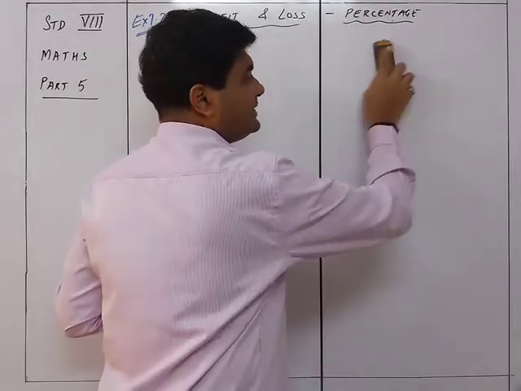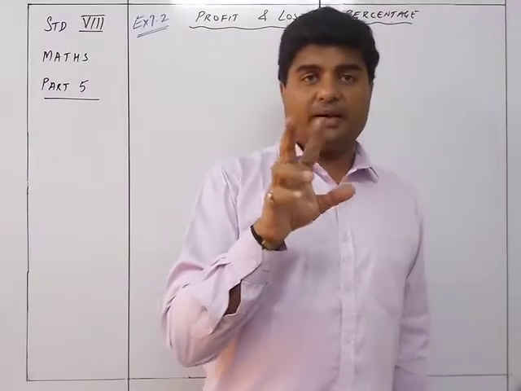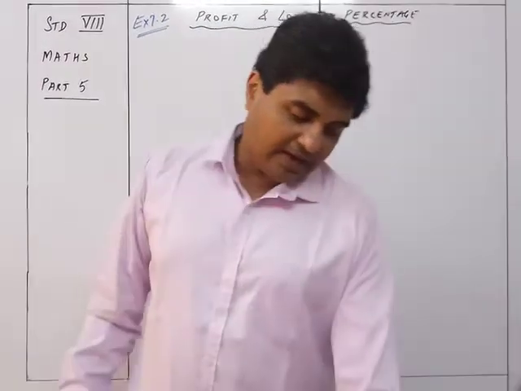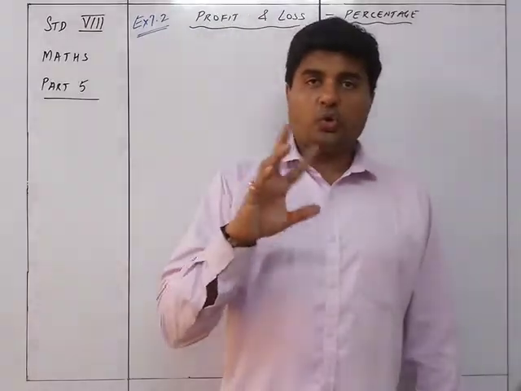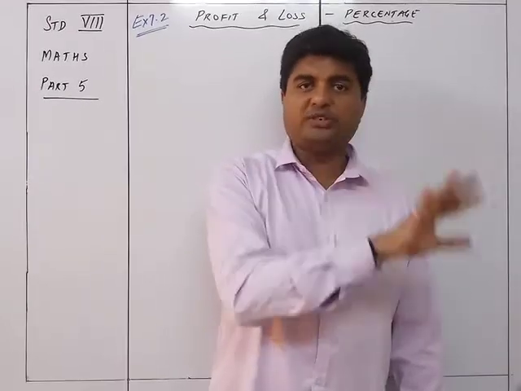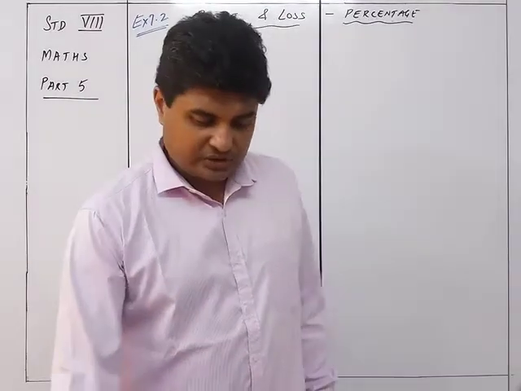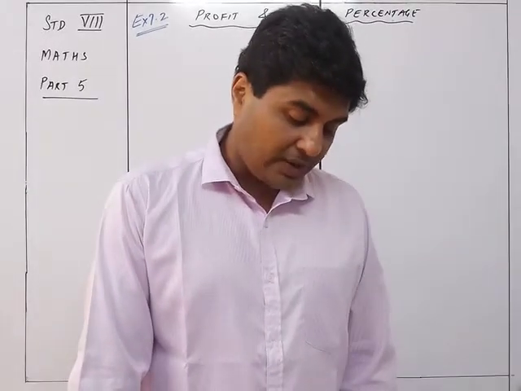Okay, so you can see that in sum number 19, you were given two ways of selling the material. One was at a selling price of 3920 and the other was a selling price of 4375. So you found out the CP by one of the conditions which were given to you and used the same CP in the next condition. That was the main tricky part of the 19th sum. Now we see the 21st sum.